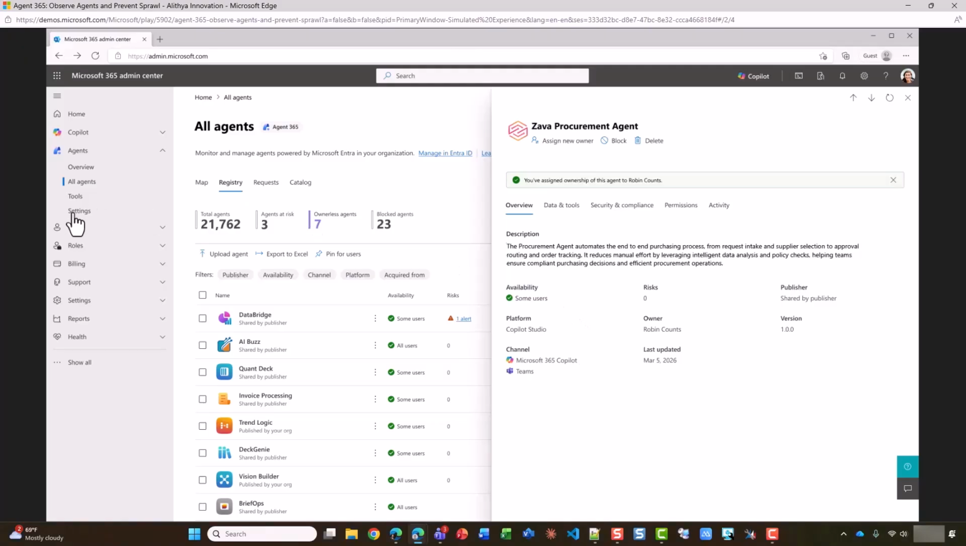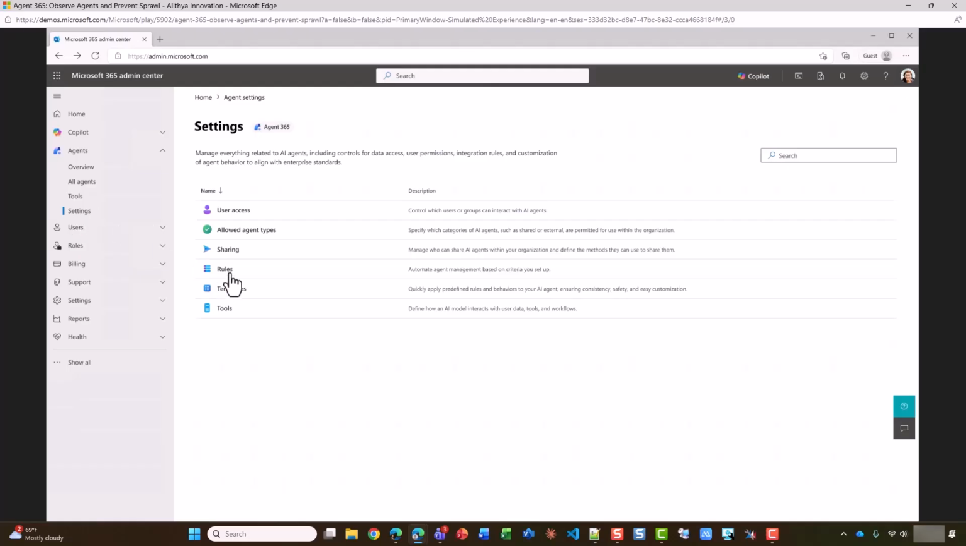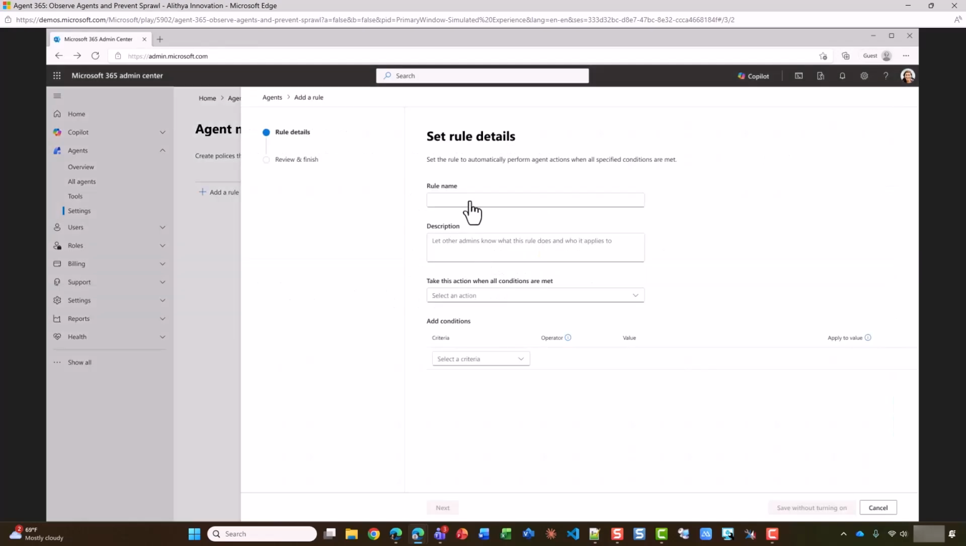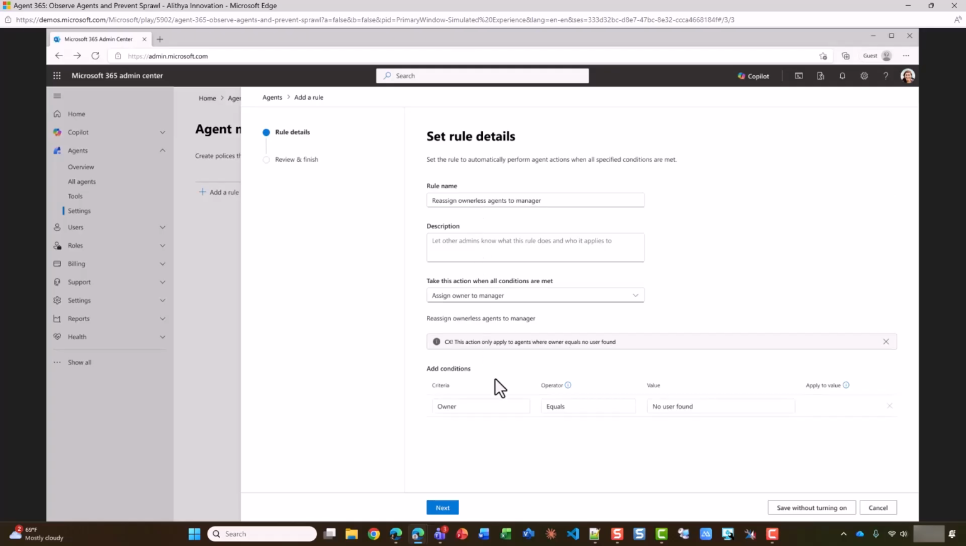If I click on settings and go to rules, by setting up this rule, every agent has clear accountability as agents scale in the organization. So I can add a new rule, I can give the rule a name and a description, as well as a condition. So this fires whenever the owner is blank,